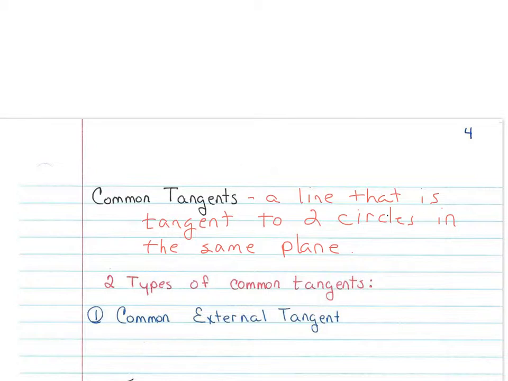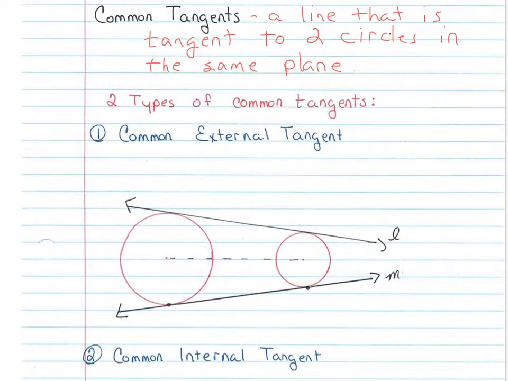And we have 2 types of common tangents. You have a common external tangent, which I have drawn here. It's a common tangent